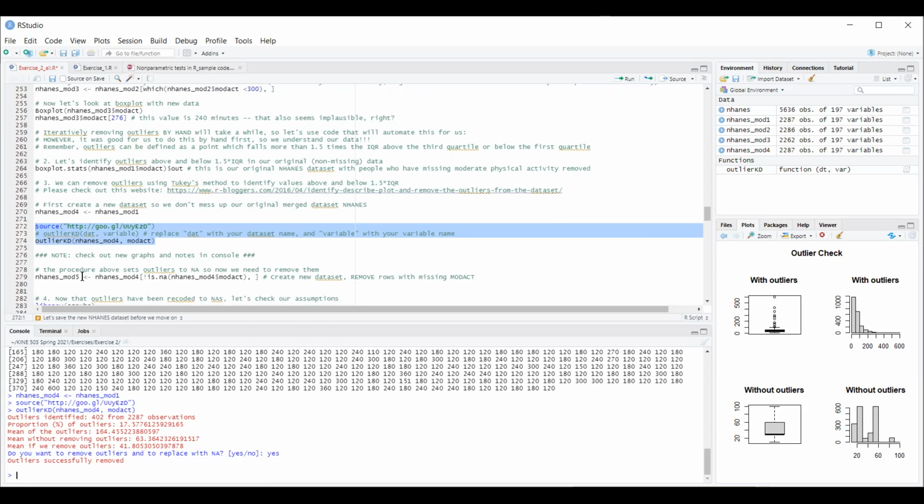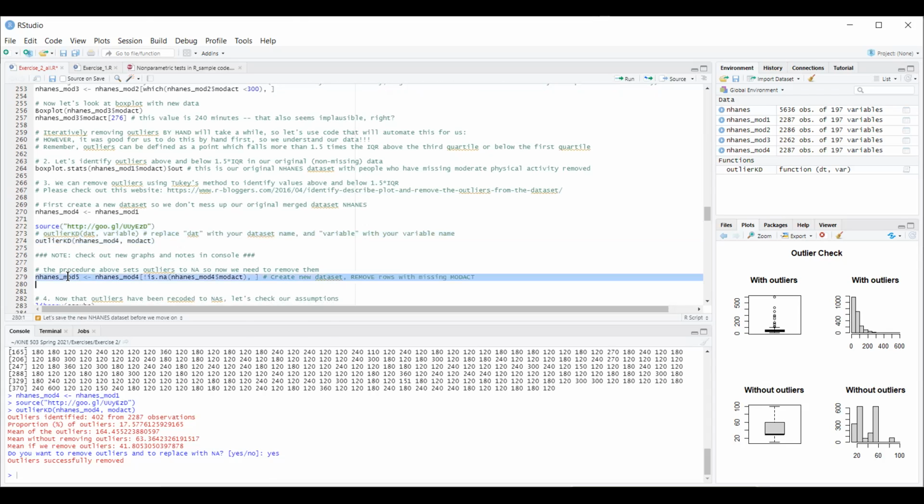We're creating this new data set, now it's mod 5, and we're saying if the values are not missing for moderate activity, then keep them in this new data set mod 5. So I'm going to copy and paste that. There we go. Okay, so if you run that,